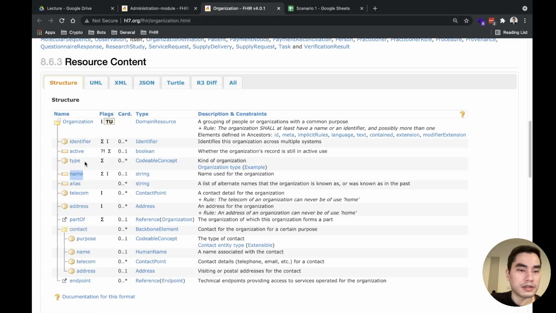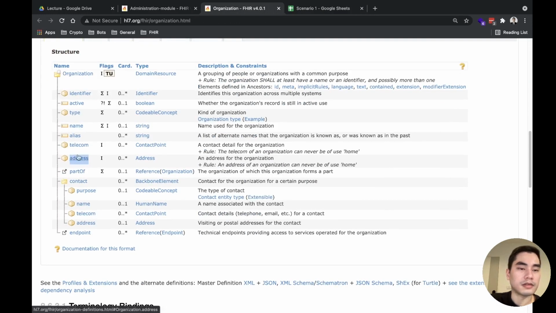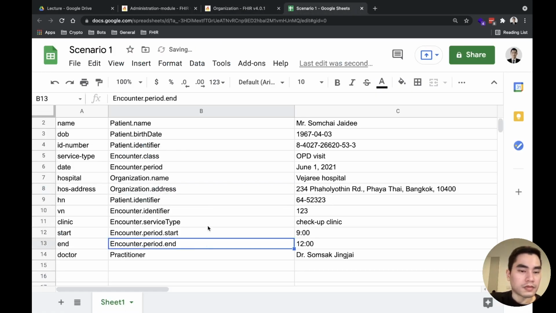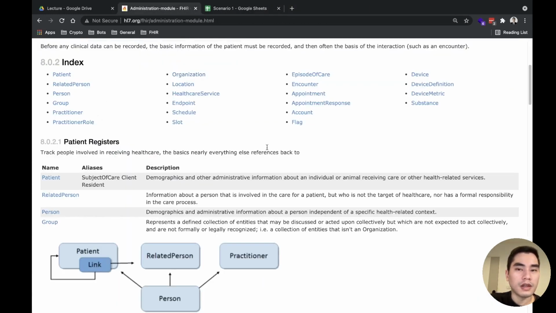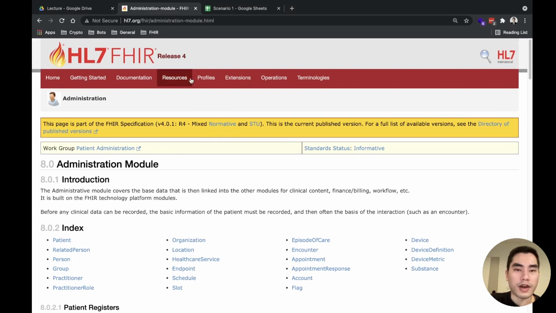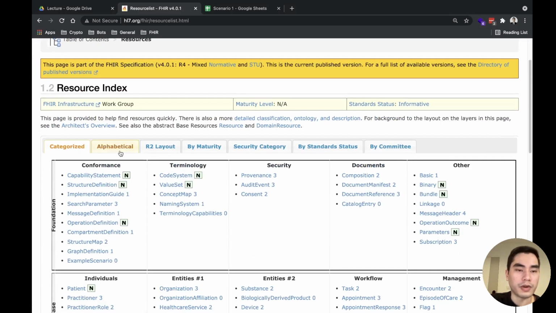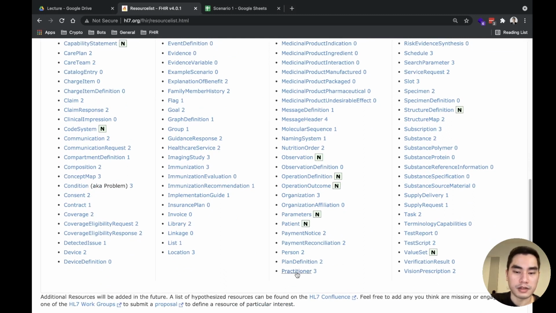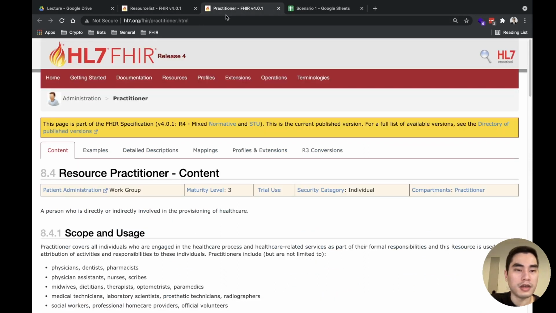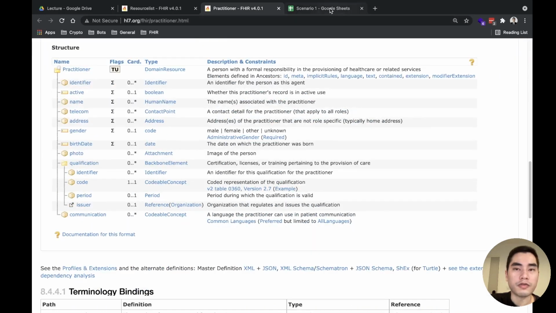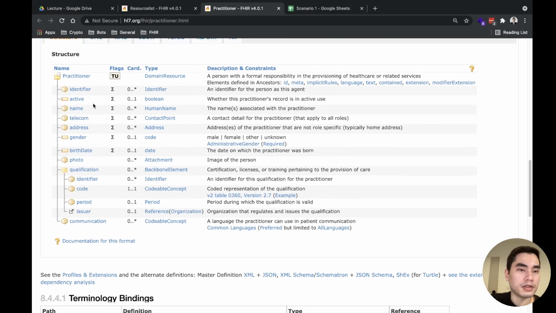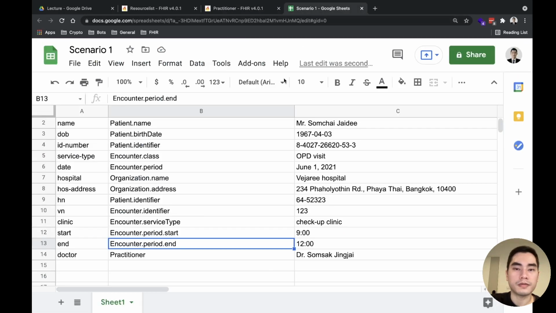And address, like this, address. And the last one is doctor. Let's say that we cannot find what we want, so we go here and then we search by alphabet. And practitioner is here, under the letter P. What they want from practitioner is just the name. So practitioner name is enough.